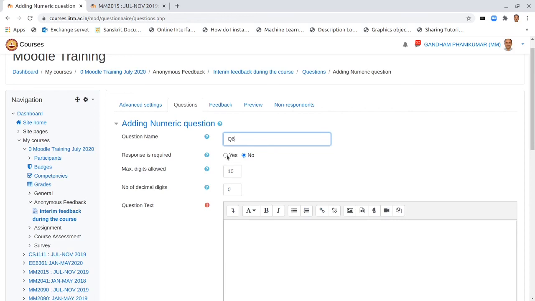So here we may want to make it compulsory that they have to say something, and we can say that we will take only 2 digits and no decimal places, and we say give an integer between say 15 and 30 for the marks in end semester exam to be numerical.